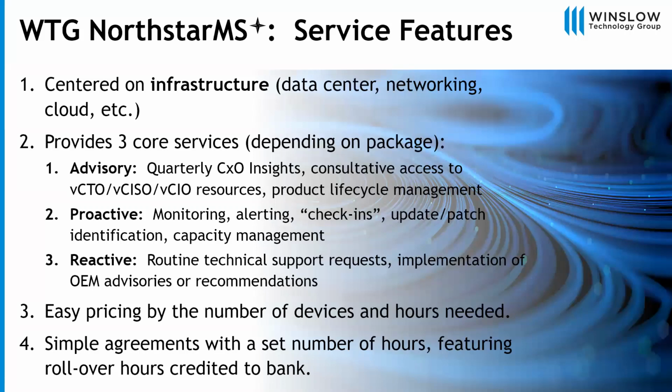Another feature is this is easy. It's priced by the number of devices and the hours we think you need on a monthly basis. And that's it. So our agreements are designed to be simple, transparent. You have a service bank of hours. If you don't use all those hours up to the limit for a given month, they roll over to a